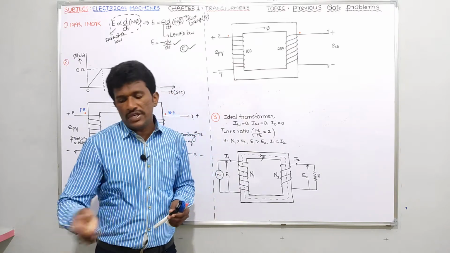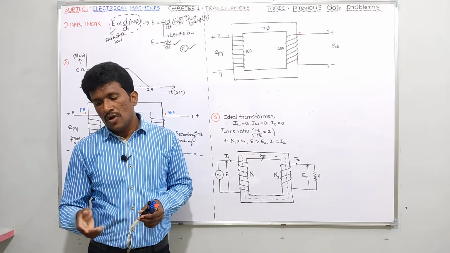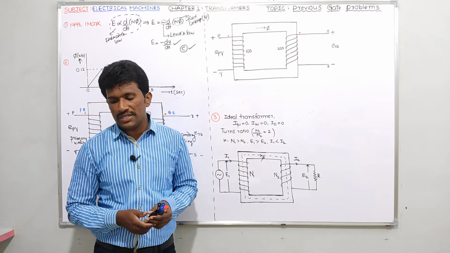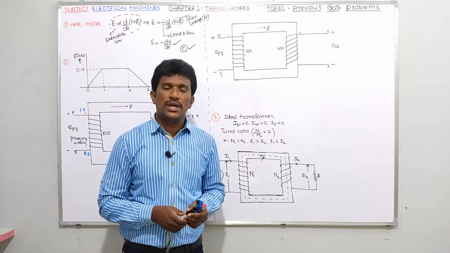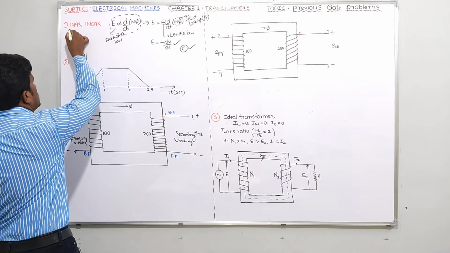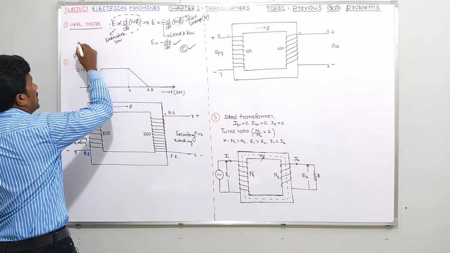If you see option A, he has given E equals IR. Option B, E equals L dI by dt. Option C, E equals minus d psi by dt. Option D, none of these. Okay, very simple thing, guys. As I told you, it is a question asked in 1998 for 1 mark.